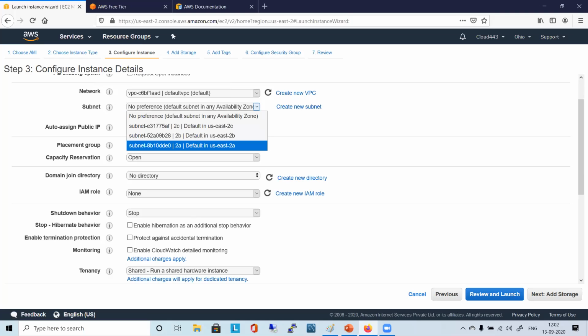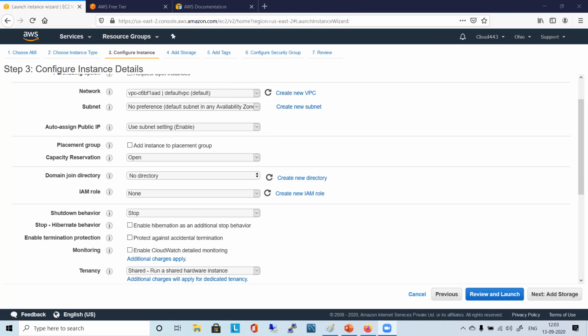I have subnet 2A. Oh no, my instance has also gone to Ohio. Why? I selected. Before clicking, when you came to this dashboard, did you select the region? No, on the dashboard I did not select. Actually, it's me also. It's showing Mumbai, but that time I selected Ohio.